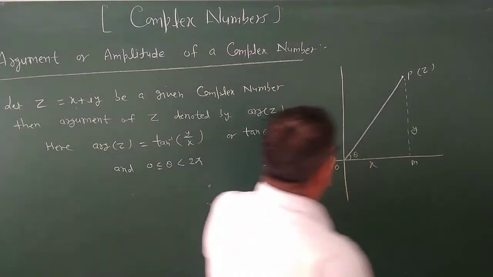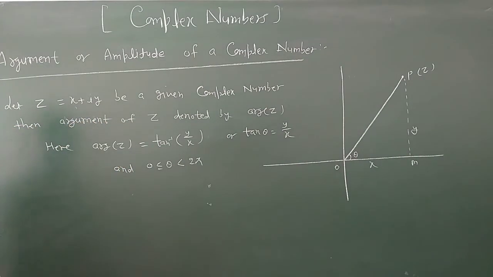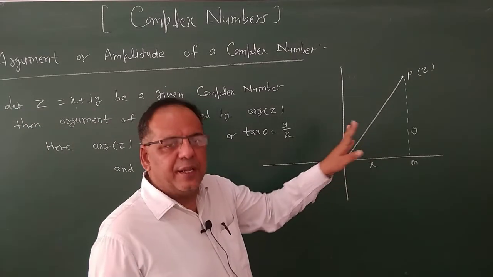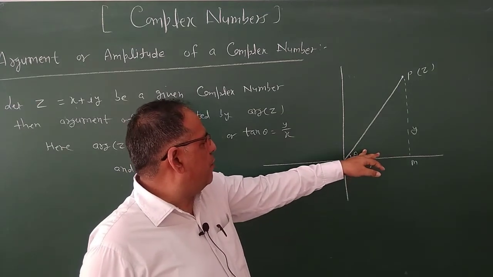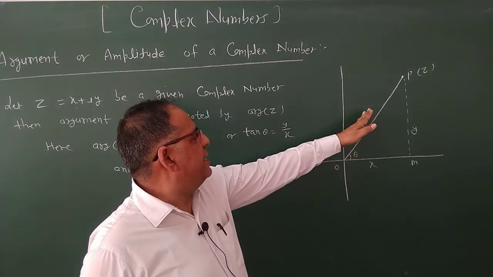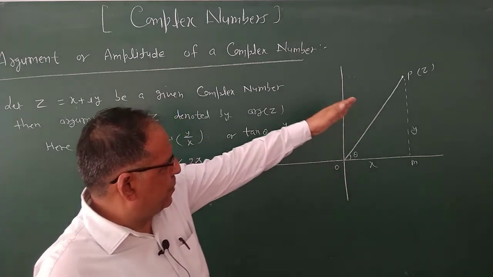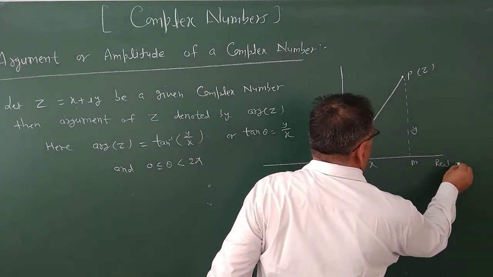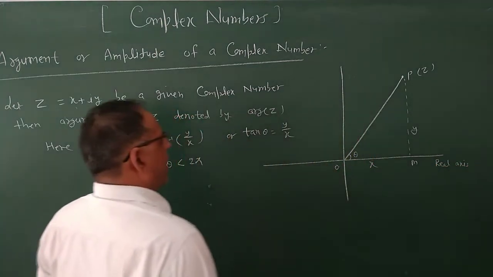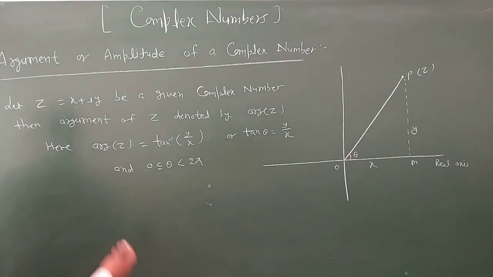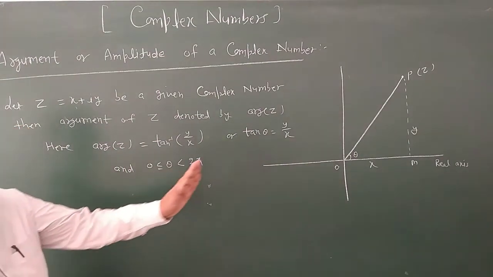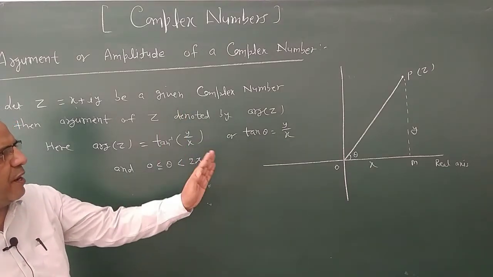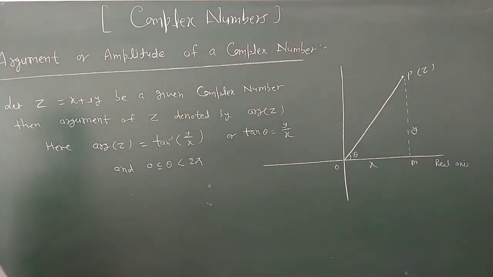So suppose that any complex number z is represented by the point P in the Argand plane, OP is the line joining the origin to the point P. Then the argument of a complex number, in simple language: the argument of a complex number is the angle between the line joining the origin to the point which represents the complex number and the real axis. It is known as the argument of z. And the argument of z depends on whether the complex number lies in the first, second, third or fourth quadrant.